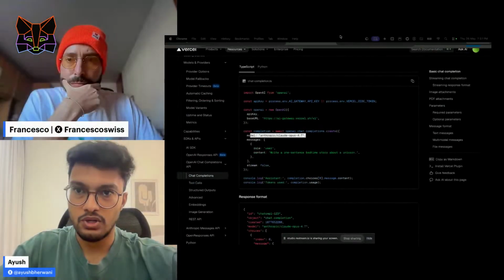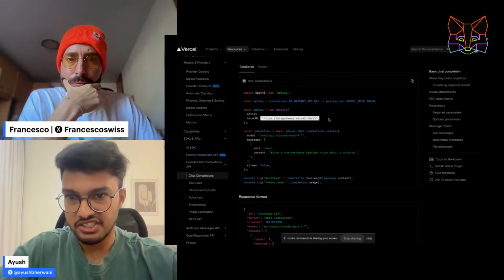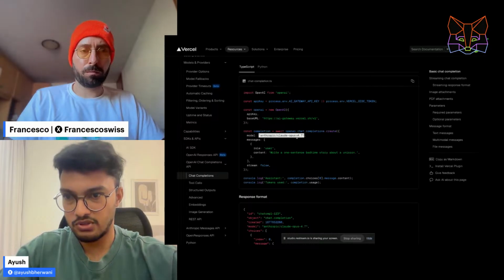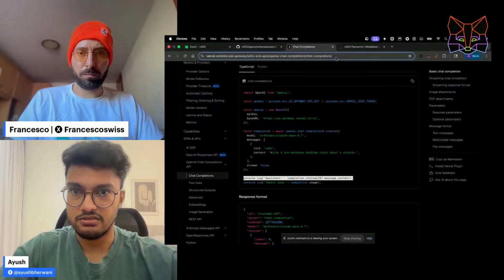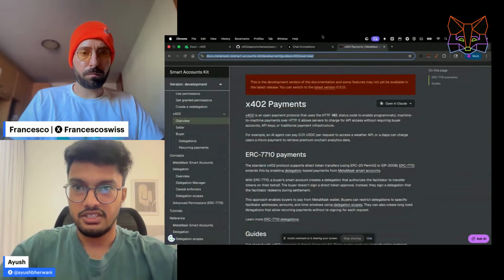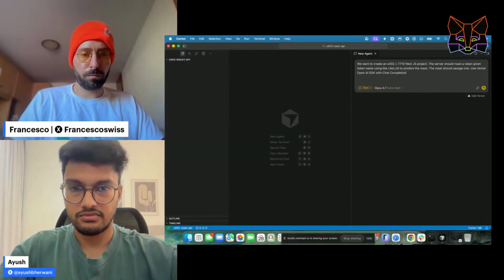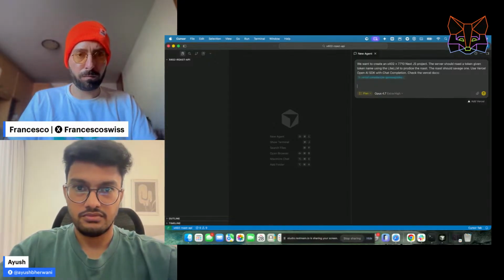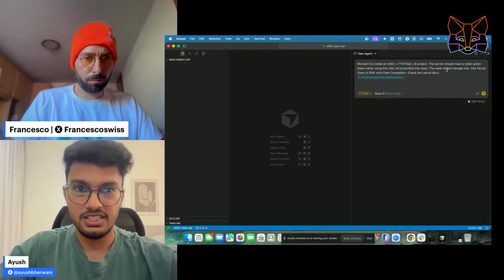And since we don't have an SDK for LiteLLM and we want to use it, we'll be giving the base URL of LiteLLM, giving our API key, defining the model we want to use, and then sending the message, and it will give you the content back, right? So it's pretty easy. So we'll be giving this context as well. Now this is what we want to do for the server side, right?